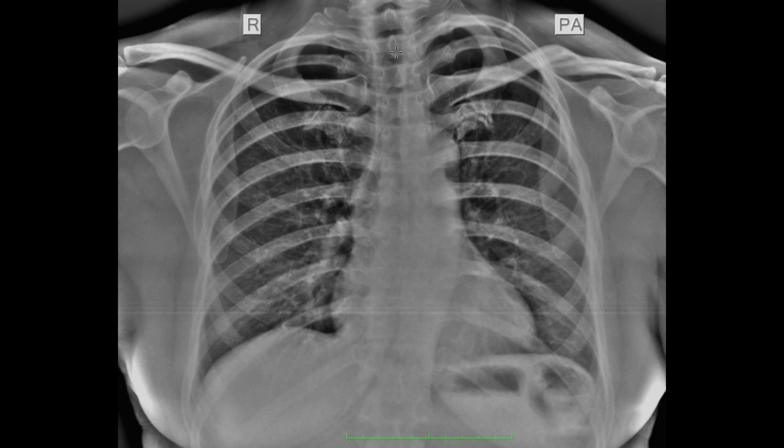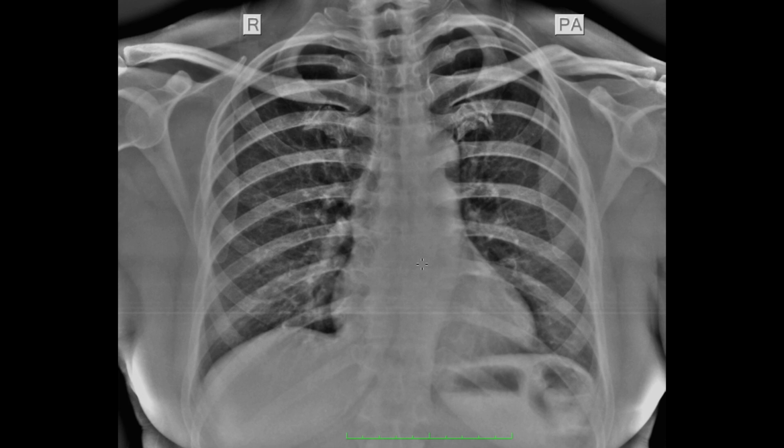Next technical factor to look for is the exposure and penetration. If the kVp of the X-ray tube has been appropriately set while taking the X-ray film, then we call it a well-exposed, well-penetrated film. We determine that by looking at the intervertebral disc space. So count 1, 2, 3, 4, 5, 6, 7, 8. So this disc space between D8, D9 level, if it is just visualized, then we say that it is a well exposed film.